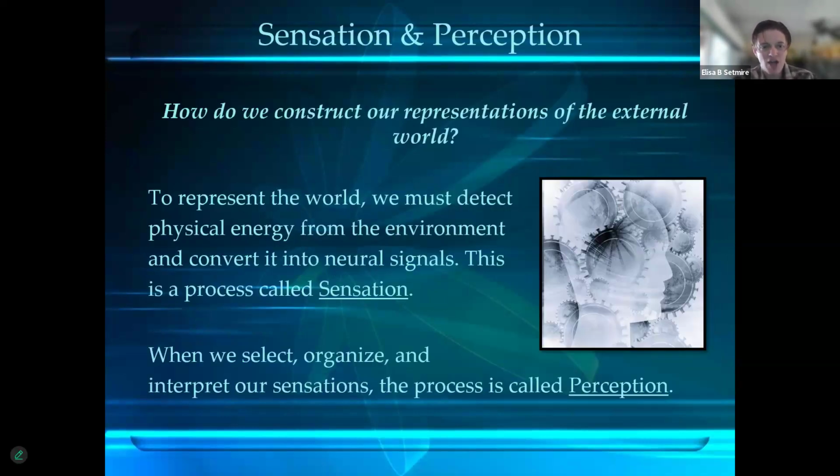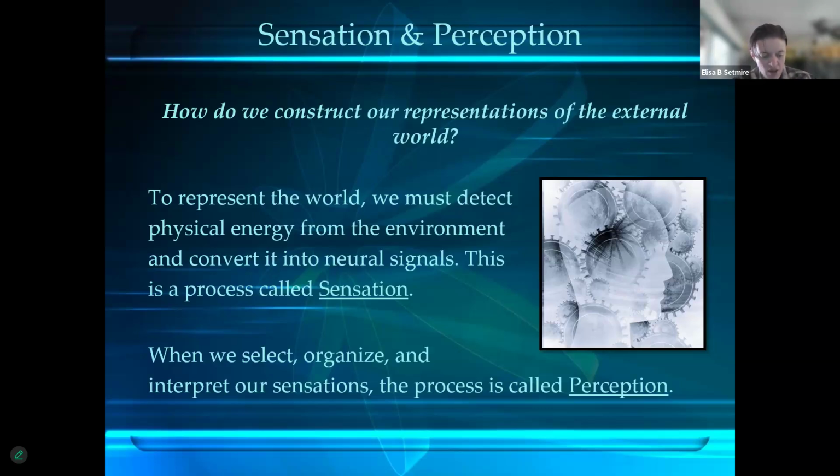So the main topic that we're looking at this week is how do we construct our representations of the external world? And in order to represent the world, we must first detect physical energy from the environment and convert it into neural signals. And we do this through a process called sensation. We begin with some kind of external source, either from outside of the body or inside the body. It's going to stimulate a receptor cell in one of our sense organs,